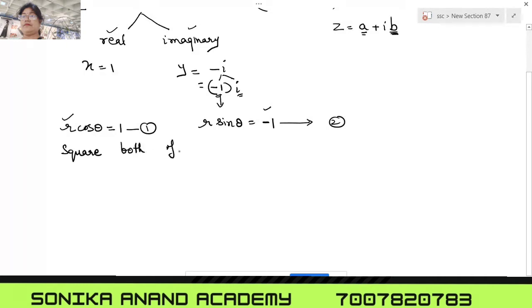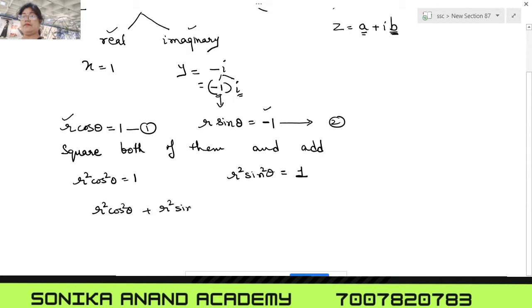So we have to square both of them, r cos theta and r sin theta, and then add. So it becomes r square cos square theta is equal to 1. Similarly, r square sin square theta, square of minus 1 is again 1. Clear? Yes, ma'am. So now we add r square cos square theta plus r square sin square theta, which